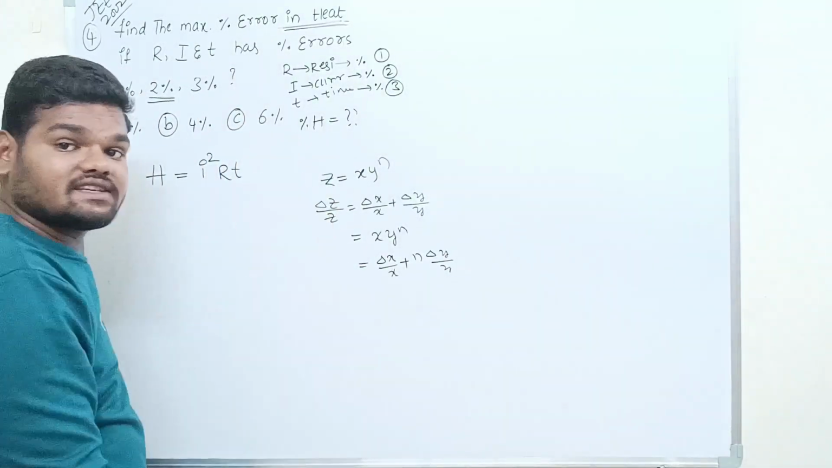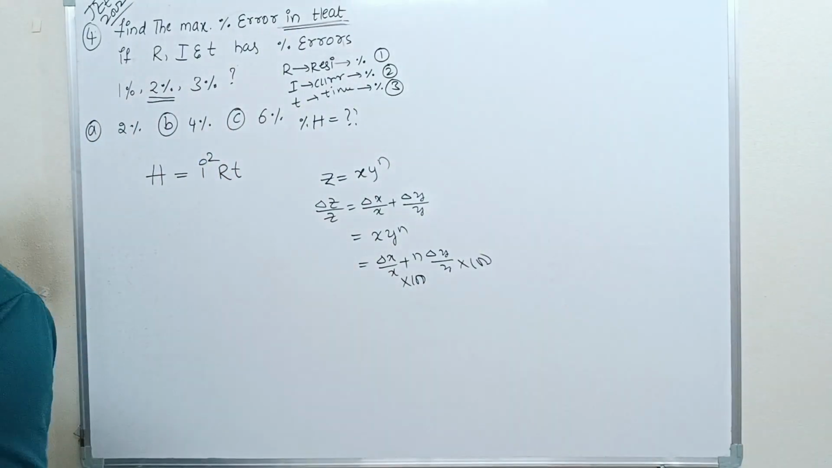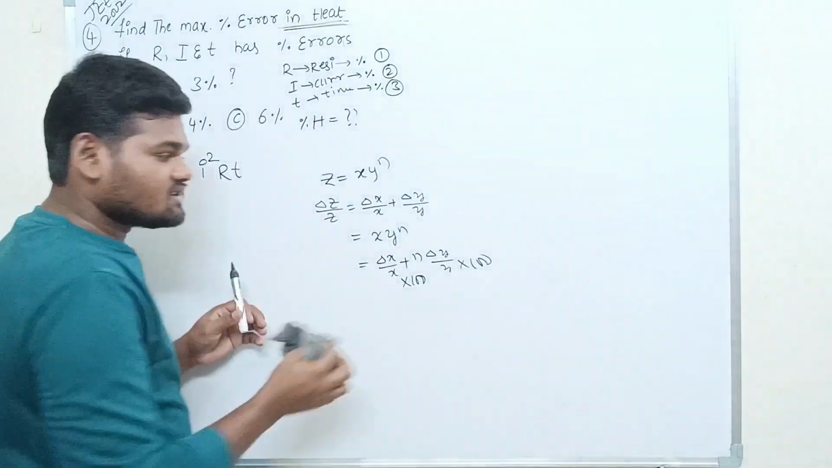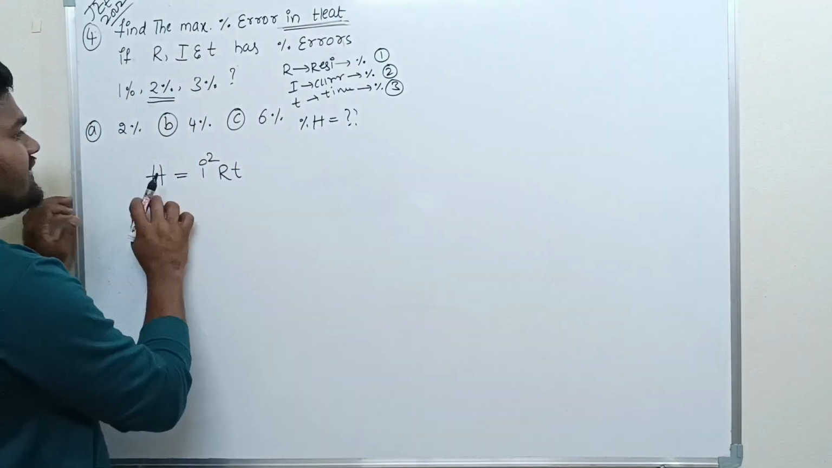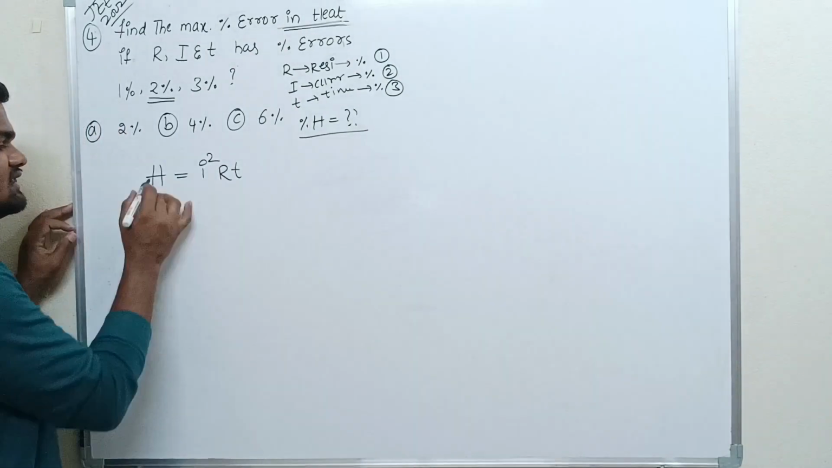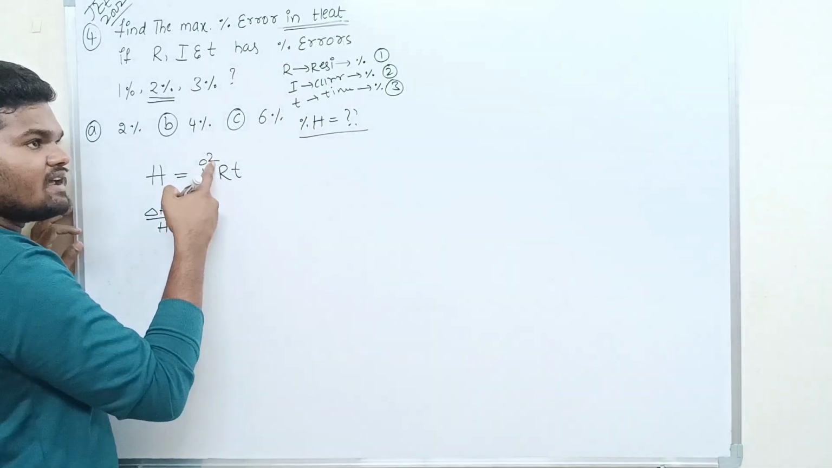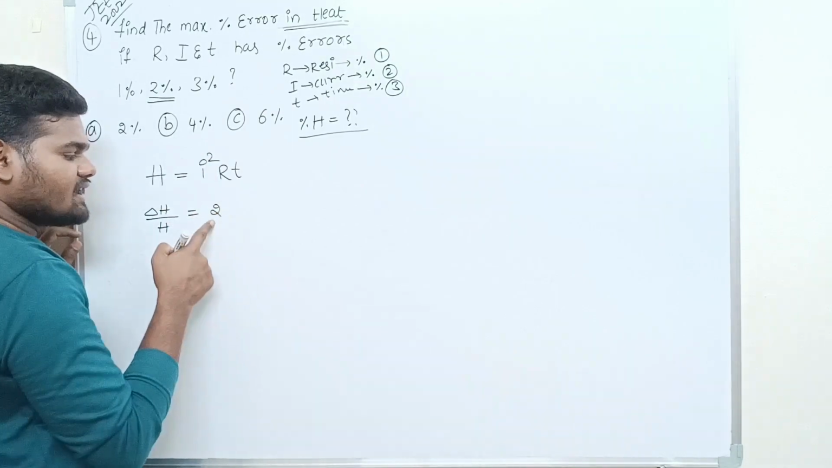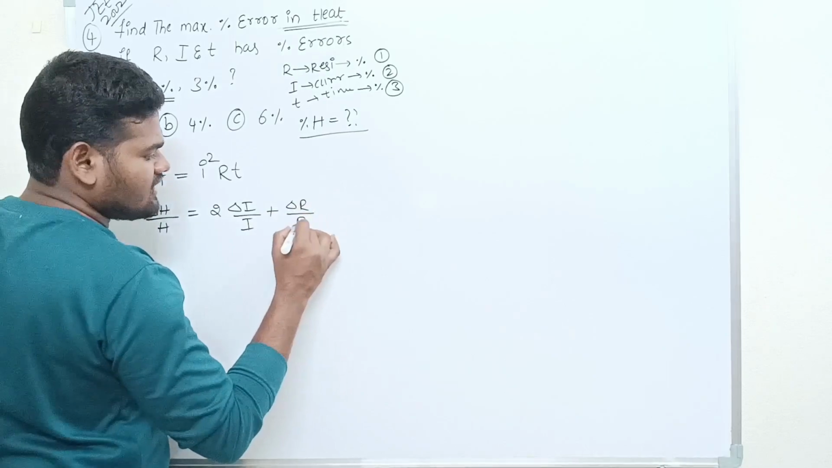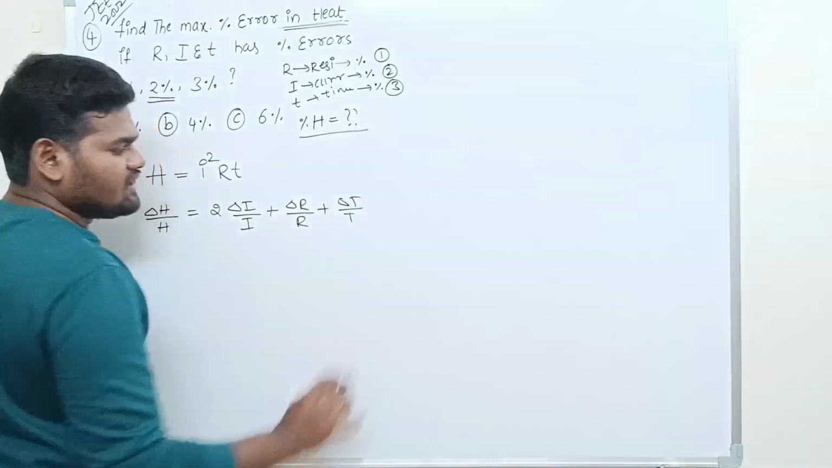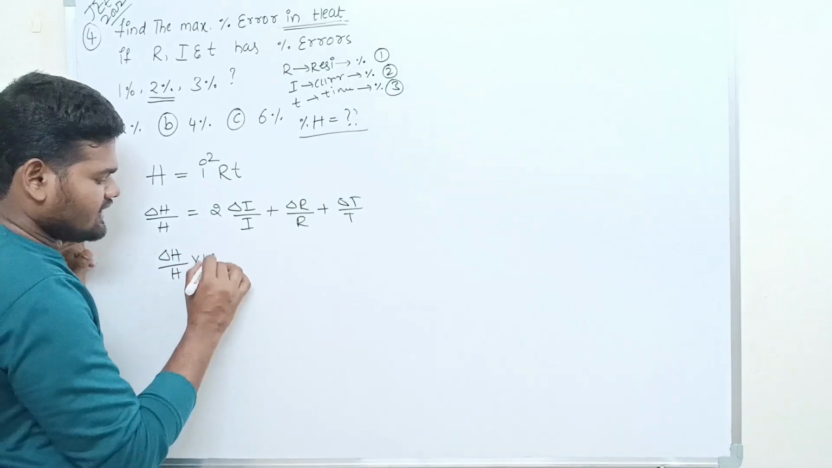If you want to find the percentage error, just multiply with 100. All these things we discussed in the combination of errors topic. Okay, so here we have to find the percentage error in H. Delta H by H is equal to, so I square is there, the power 2 comes in front of delta I by I, plus delta R by R plus delta T by T. If you want to find the percentage error, delta H by H into 100 is equal to